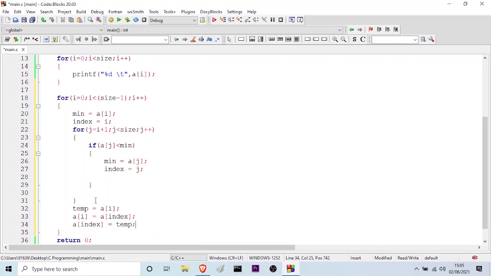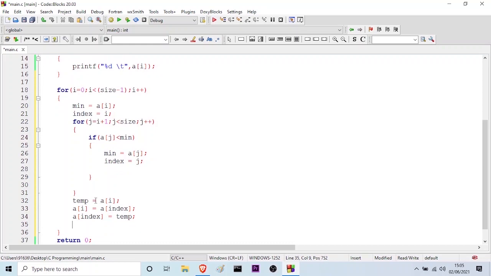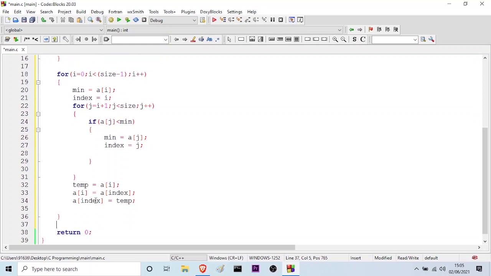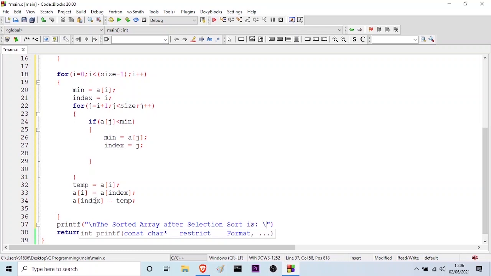So with this we have come to the end of the logic in this program, and finally what I will do is, I will go out of this outer for loop, and here I will use the print statement, and I will print the sorted array. So for that I will use the slash n first, and then I will write the sorted array after selection sort is, again slash n,